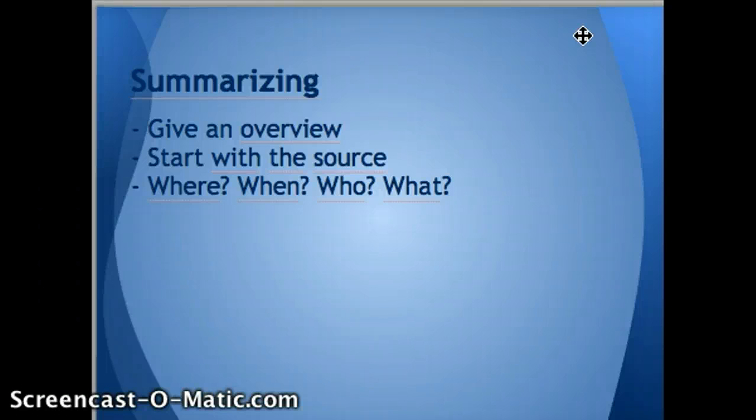And then you say what the article, for instance, was about. Now, if I was to summarize the movie Hunger Games for you, I will use the questions here: where, when, who, and what. And a summary should always contain that information. So I'll start out with the source, okay?